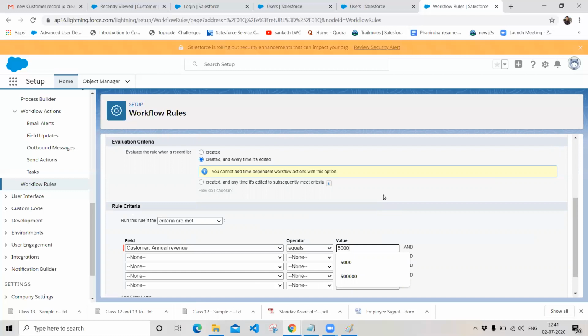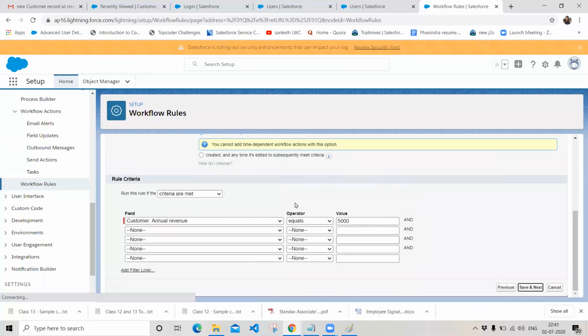And at any point of time, if this record is edited, then also the workflow rule will be fired. The evaluation criteria itself says "created and every time it's edited." Whenever you create a record, it will fire, and whenever you edit the record, meaning you update the record, it will automatically fire the action. So the rule will fire whenever the annual revenue equals 5000, and click on Save and Next,